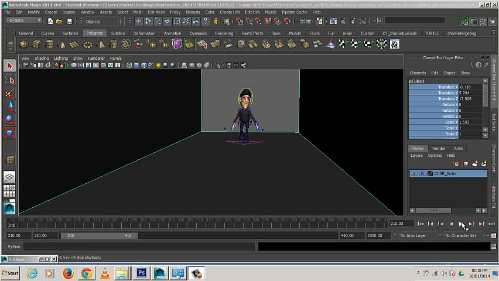So in this video, I'm gonna just show you how to do a Playblast. It's quite easy, but just to show you exactly why you need to do a Playblast. Well, Playblast allows you to preview your animation in a video format, so you can see basically your animation in